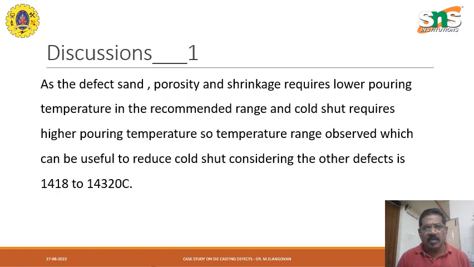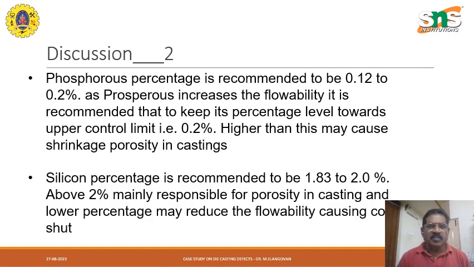Now, there has been a discussion that defects such as sand porosity and shrinkage require a lower pouring temperature in the recommended range, and cold shut requires a high pouring temperature. So the temperature range observed, which can be useful to reduce the cold shut considering the other defects, is 1418 to 1430 degrees Celsius. Now, phosphorus percentage is recommended to be 0.12 to